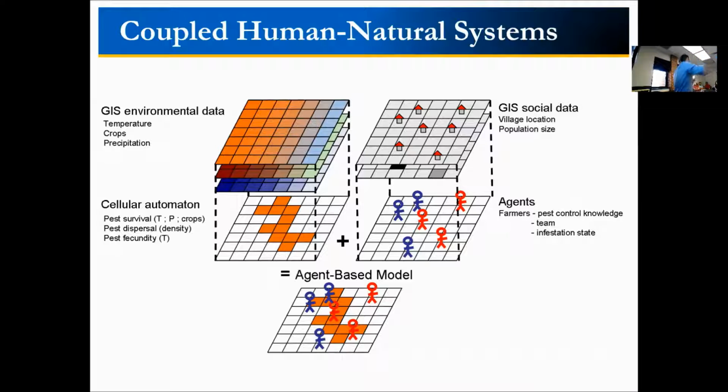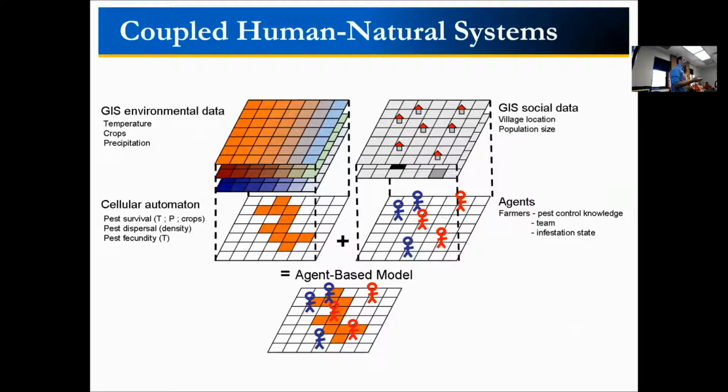you have different layers in your virtual environment, and those layers are environmental layers, so you can have information about crops, temperature, precipitation. You also have social information represented as layers. For instance, the location of a village, where your agents are located, and in this case, the agents are not animals, but are humans.